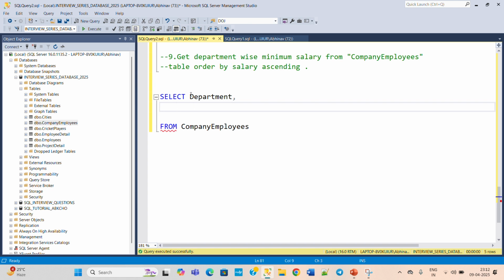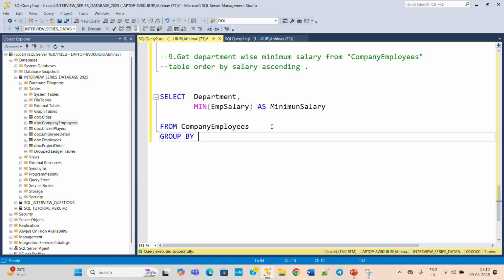Okay, so here we can press a tab. Okay, and then min function we will use for minimum salary, min of emp salary as minimum salary. Okay, and now we need to group our result set by department, then